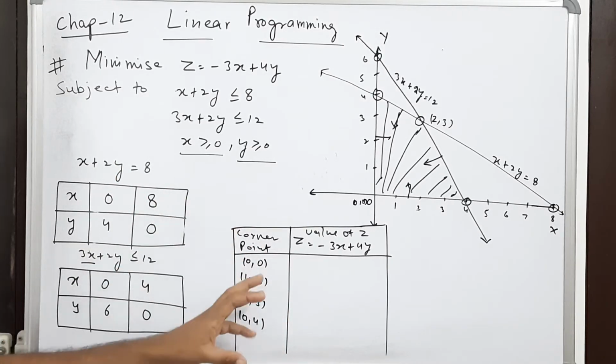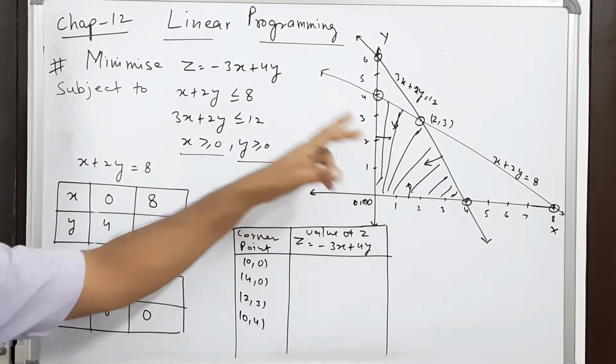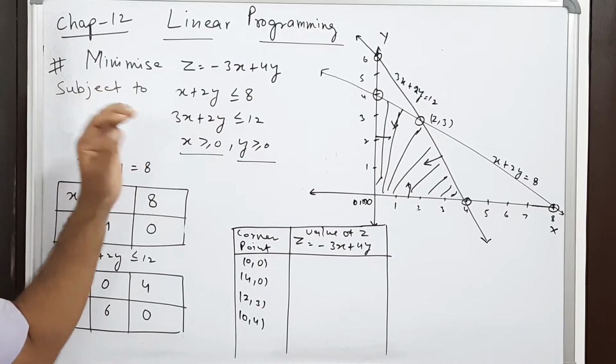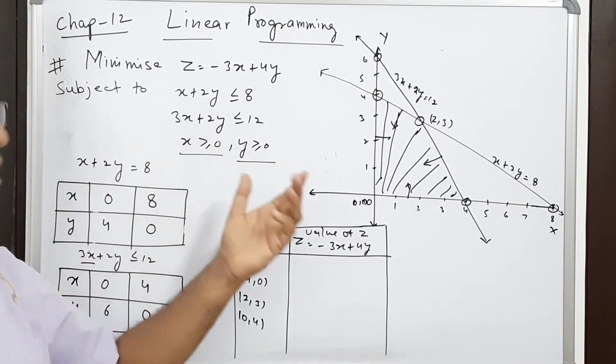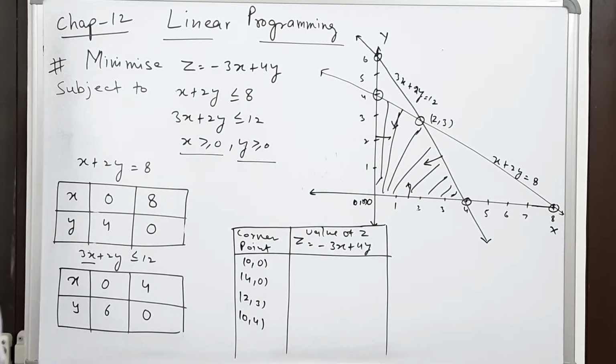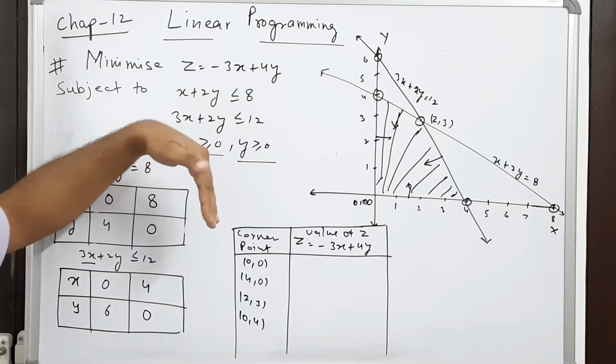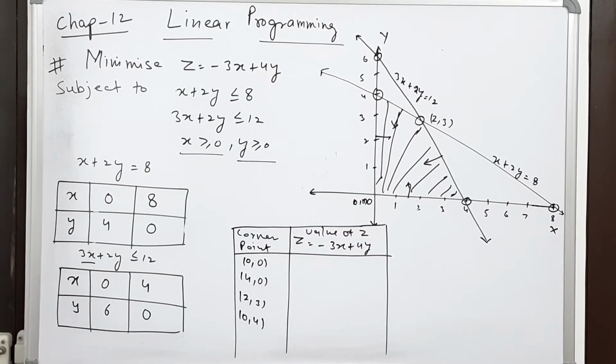Now the important step is first to draw both the tables, then draw the graph. Then by using the concept of linear inequations which you have read in the 11th class, we will find the common region. This part we already studied, but once more I am explaining that when you put 0, 0 and it satisfies the inequality, then the lines will be towards the origin.